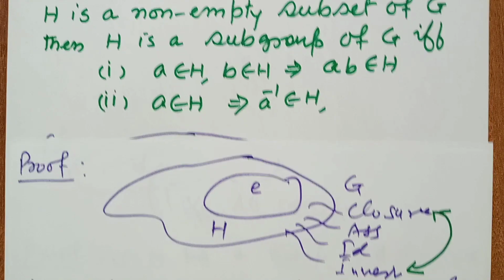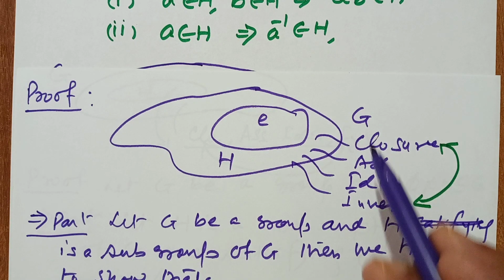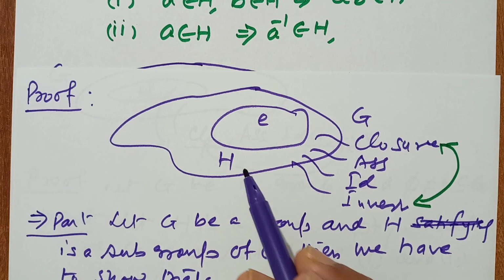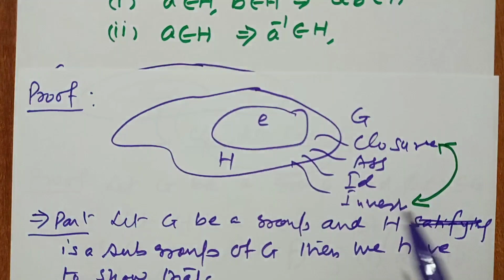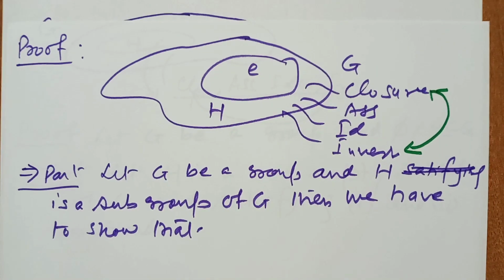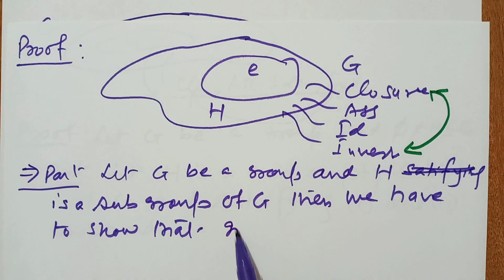Okay, so as you know, it is very easy because H is a subgroup, so by definition H satisfies four conditions. Here H has four conditions, we need only two. So by closure law this is satisfied and by inverse law this is satisfied, so we only need to write it. Here we have written let G be a group and H a subgroup of G, then we have to show the given conditions